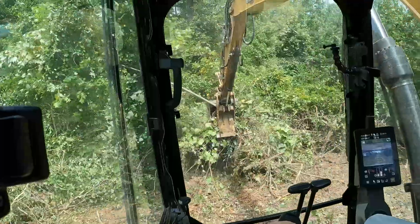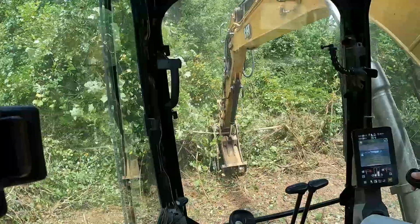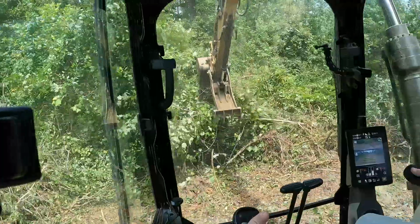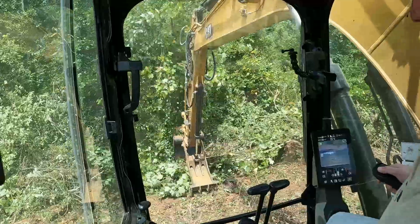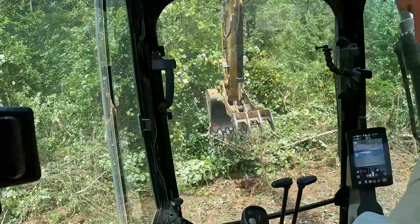Tell you what though, my legs and abs are probably going to be sore at the end of the day trying to hold myself up. I'm going to get a little bit hairy as I keep going in this area too, because